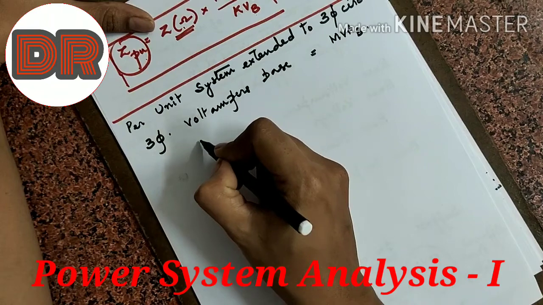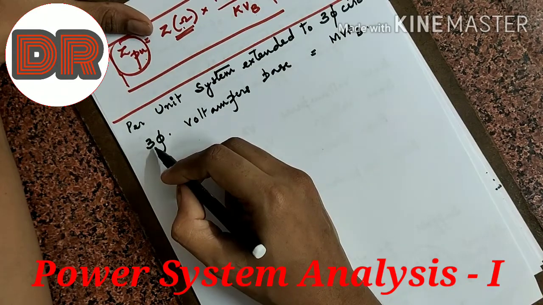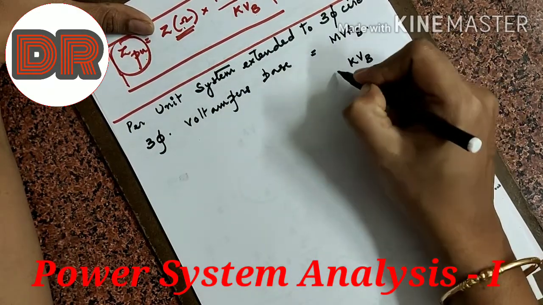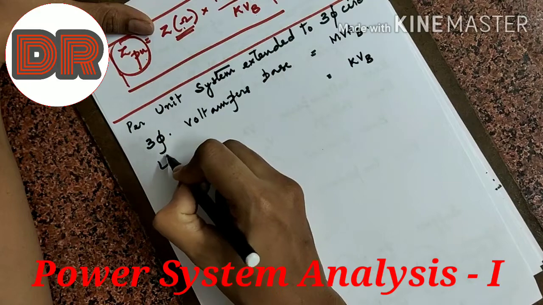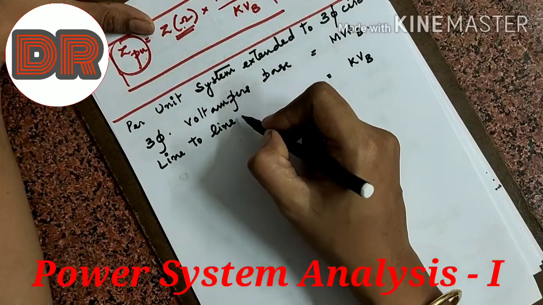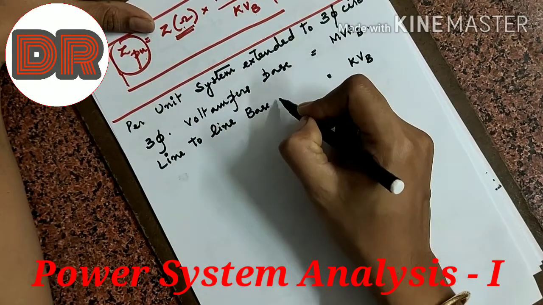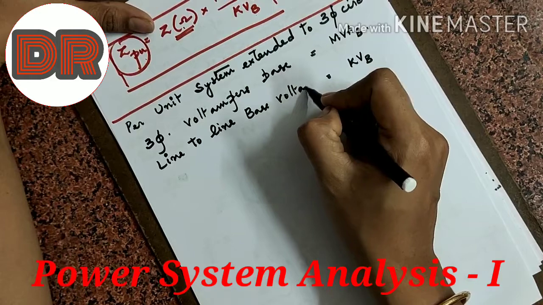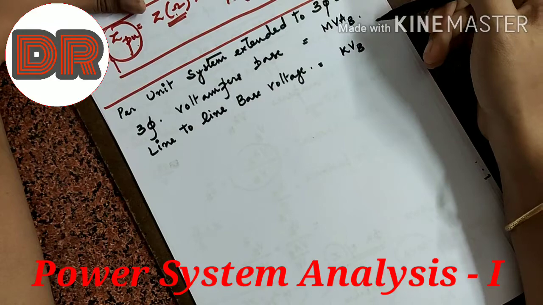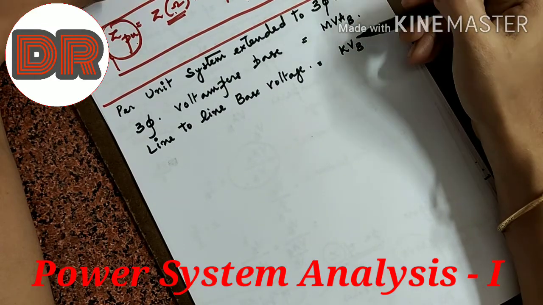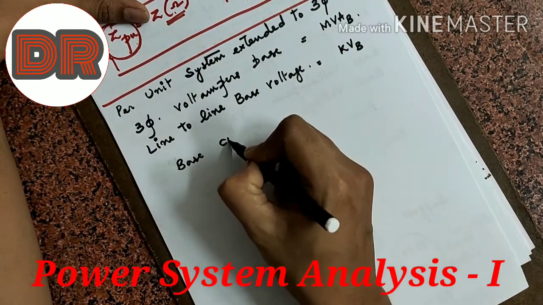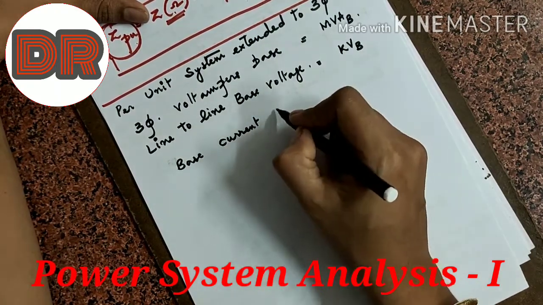Now for voltage also, since it is three phase, the kV base, whatever you are using as the base value or base standard, is always the line to line value. So line to line base kilovolt or base voltage is kV base. Now if you know MVA base and kV base, you can easily calculate the current, because this is apparent power, this is voltage, so you can calculate the current. So base current here, how to calculate I base?